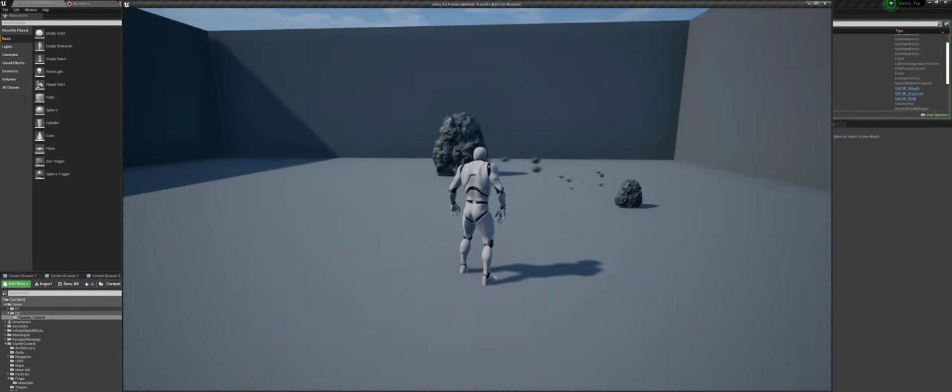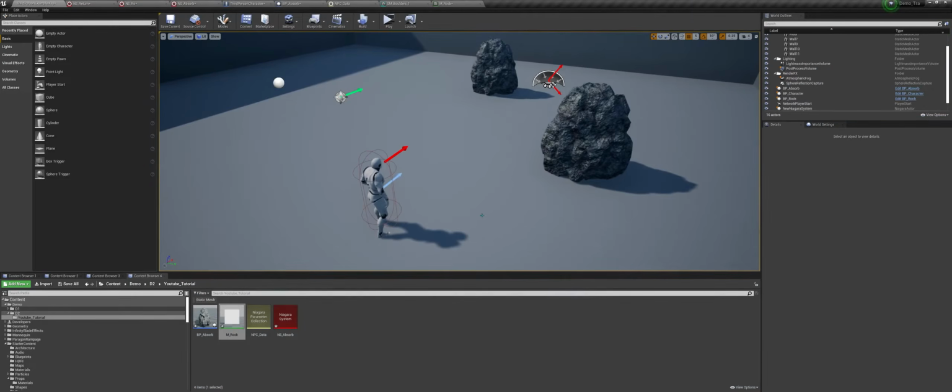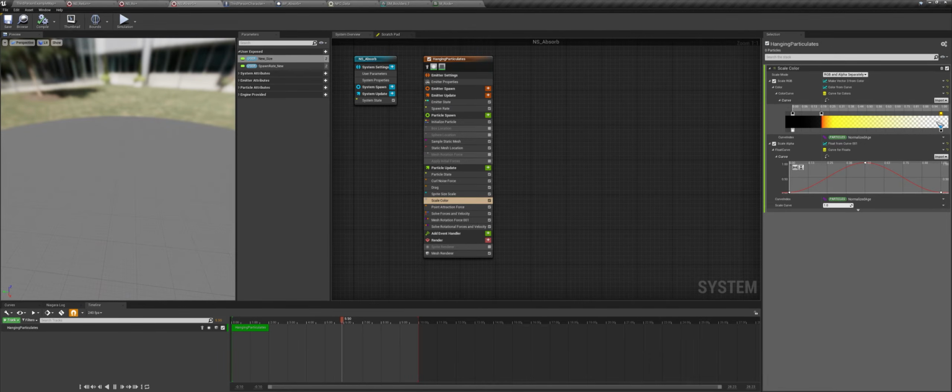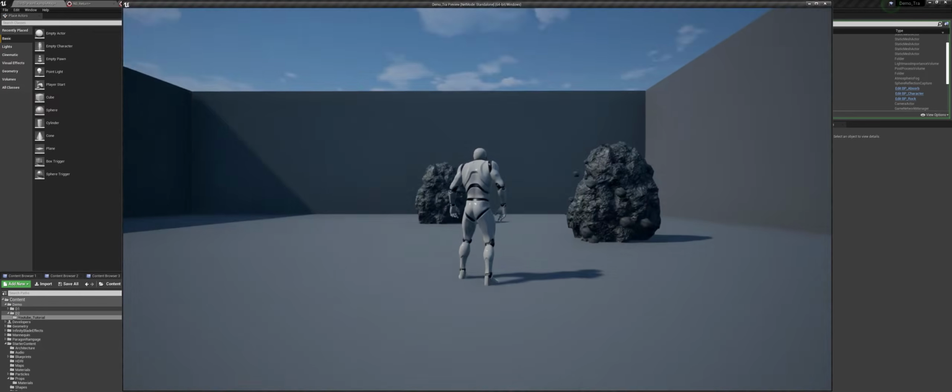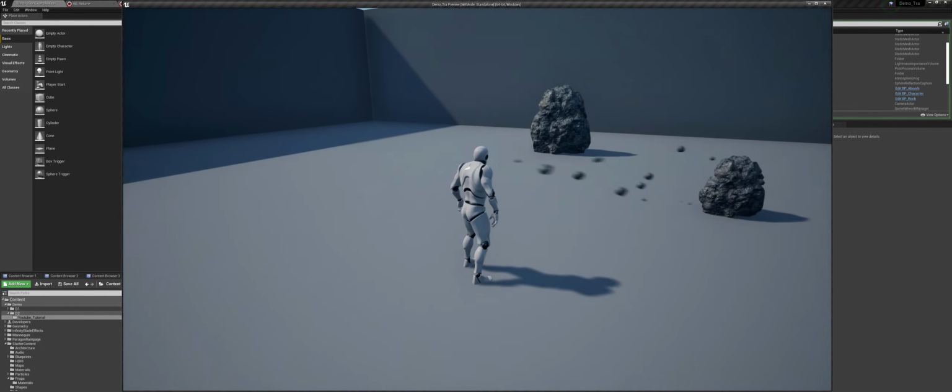nothing is showing up, because at this point when the particle is near the character, the lifetime isn't really 1, but it will be like 0.2 or 0.3 or something, depending on how fast it gets there. So we can move this here in this, and we are using the normalized age here. So now if I press play, still nothing.